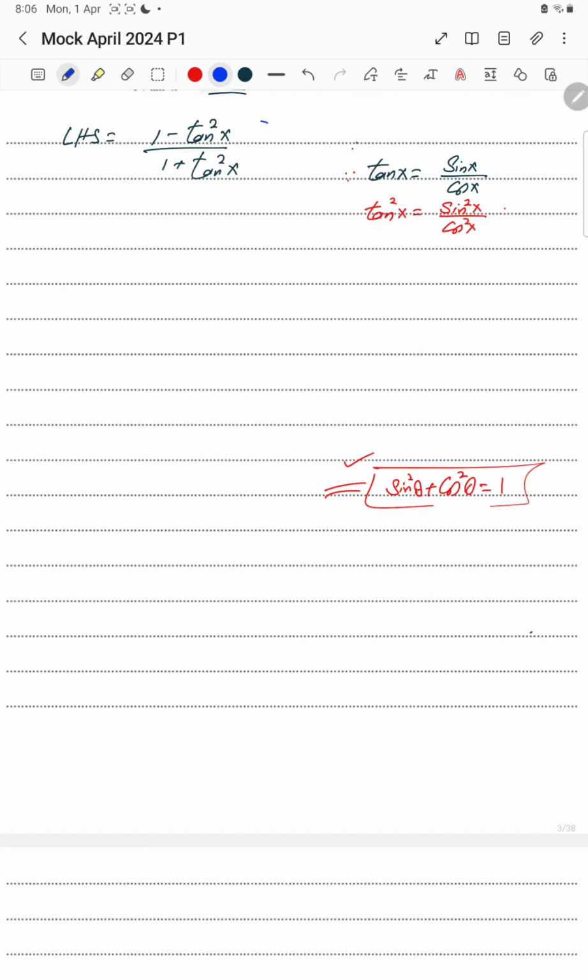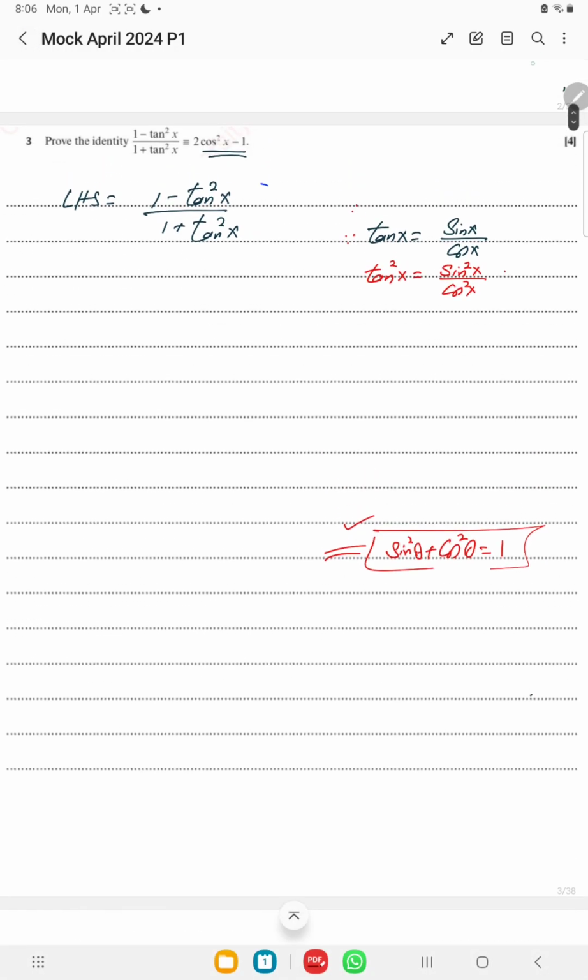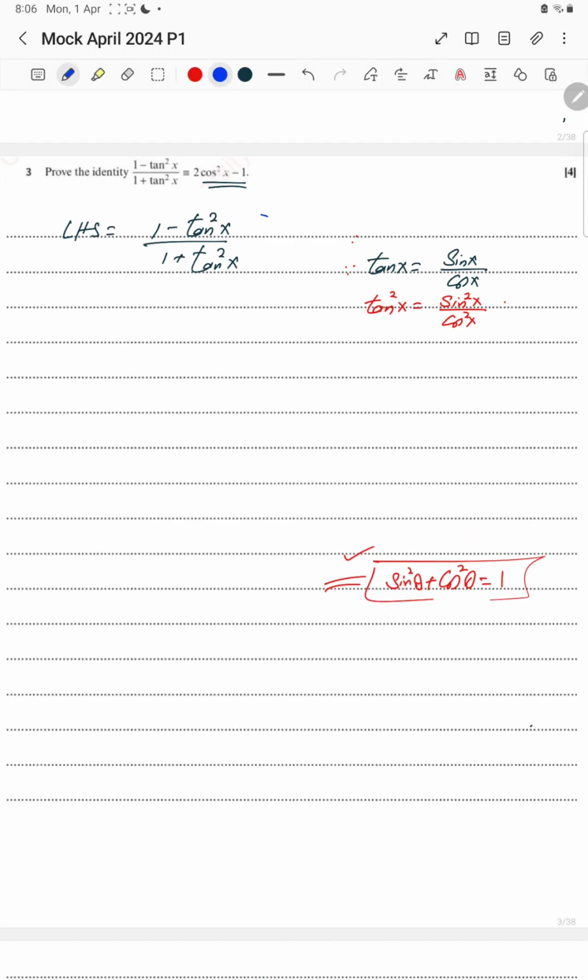Let's proceed to next. Question number 3, guys. We have to prove this identity that states (1 minus tan square x) over (1 plus tan square x) is equal to 2 cos square x minus 1. So we need to convert this tan square into cos square. So we know tan of x is sine of x over cos x, so tan square will be sine square over cos square. I just need to replace here. It will be 1 minus sine square x over cos square of x in the numerator, and the denominator,